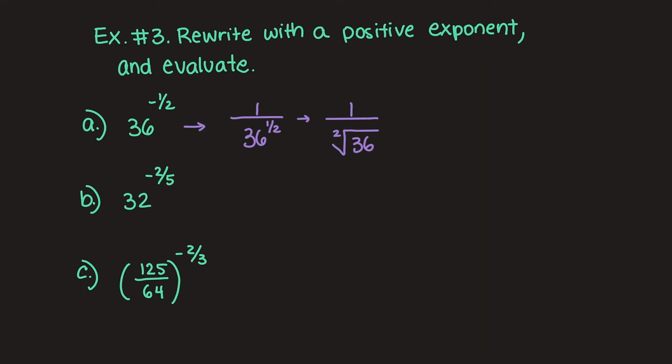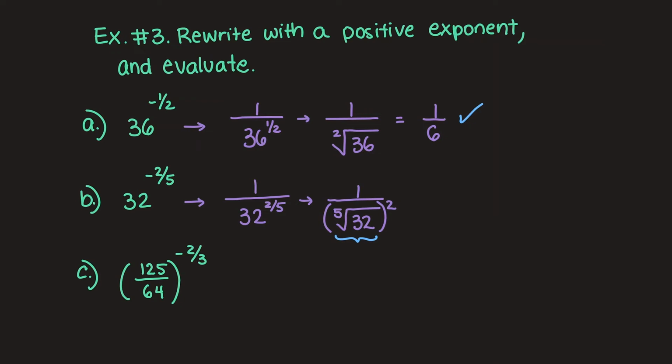And then 1 over the square root of 36 is just 1 over 6. And for the next example, again, we can rewrite this with a positive exponent by taking the reciprocal and making the exponent positive. And now we can rewrite this expression in radical form with an index of 5 raised to the second power. So the fifth root of 32 is 2, and then 2 squared is 4, so this simplifies